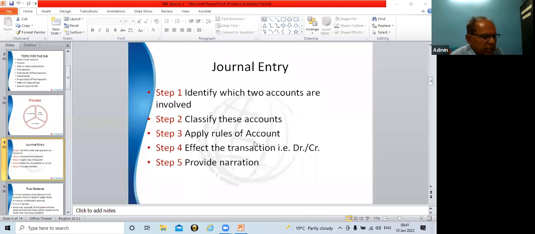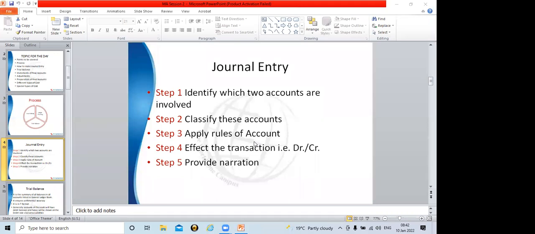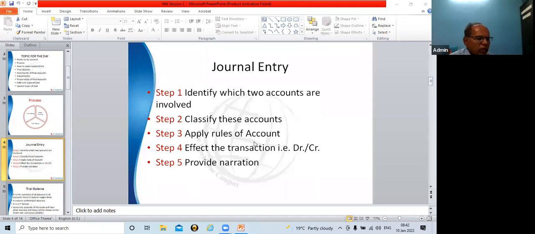Now, next line we will write 'To capital account'. Since this belongs to the personal account, what is the rule for personal account? Debit the receiver, credit the giver. Now here we are making entry on behalf of business. So in our business, Amit is giving. Who is giving this capital? Amit is giving. So Amit's account will be created. So, to Amit's capital rupees 65,000. In credit column we will show 65,000.